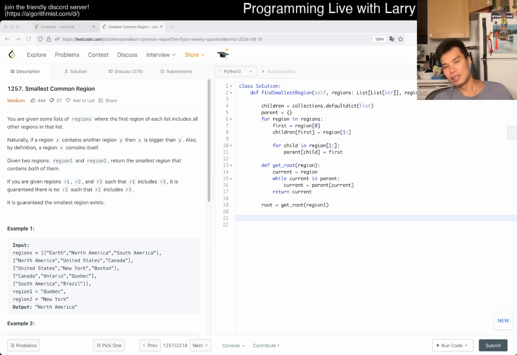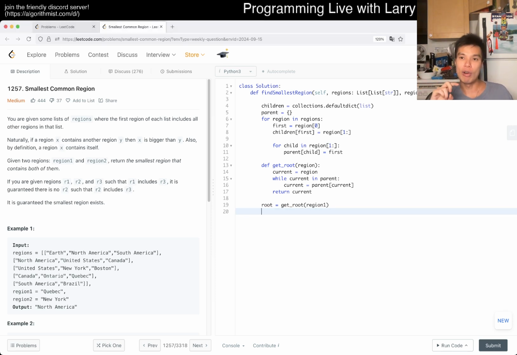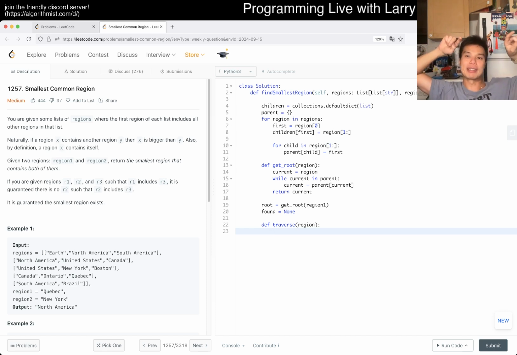Yeah. So okay, sorry. Trying to think. Okay, so then now we have the root. So then now we just have to go through the cases, right? So then now maybe I'll do it in a global way, but found is equal to none. So what is the idea about this, the smallest region that contains both of them, right? Let's just say this is a region, usually I call it a node, but there are only a few cases, right? Meaning that region 1,